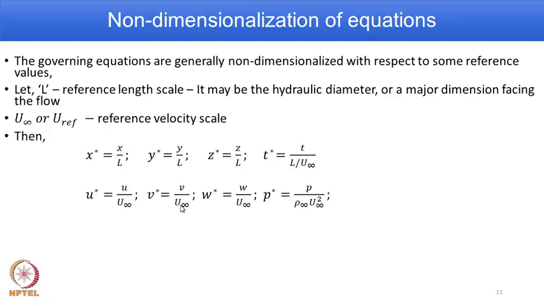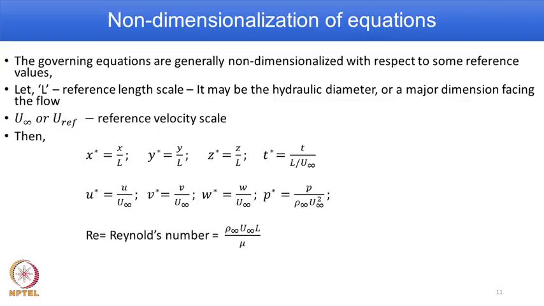You can extend this to get v star and w star, and pressure is also another term appearing, and pressure is related to u infinity squared, and you define a reference density. So, if you take the unit of density and velocity squared, then you find the product of them has the same unit as pressure. So, you are able to non-dimensionalize the pressure term: P over rho infinity u infinity squared will result in P star, which is the non-dimensionalized pressure.